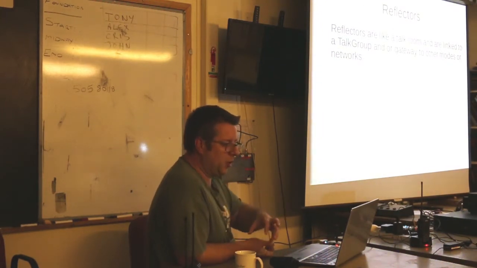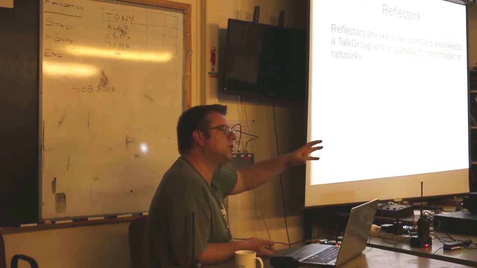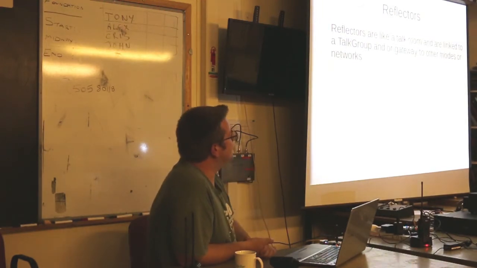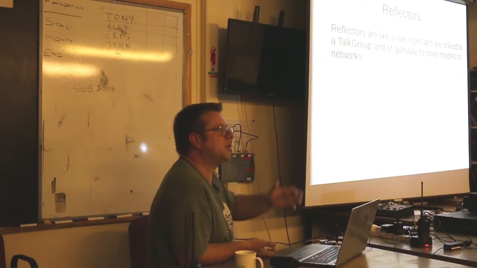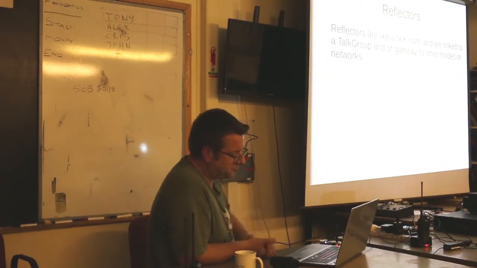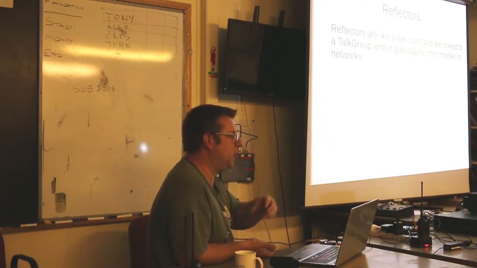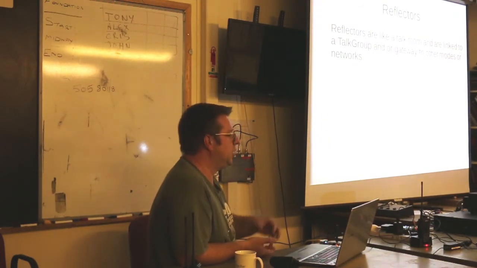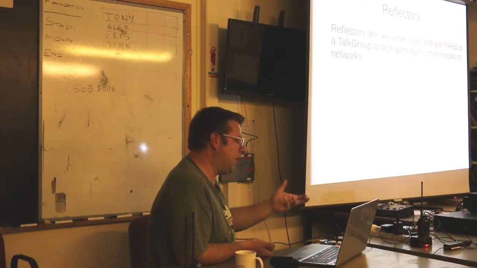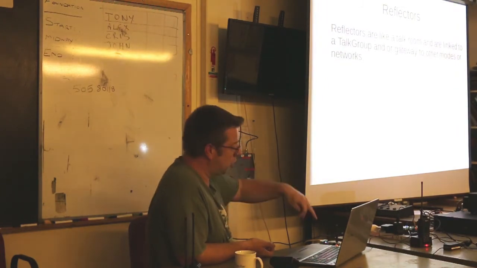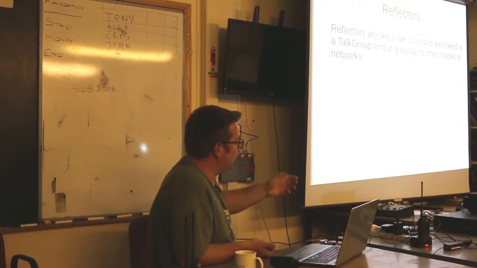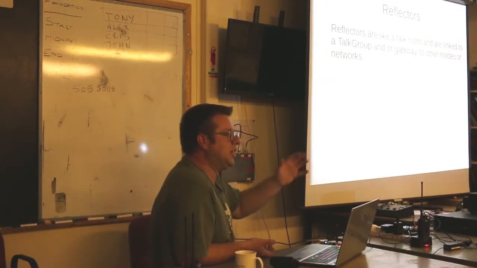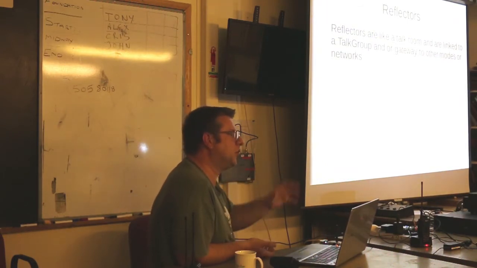On the DMR network, Brandmeister, you can get across to other networks, and you could even put on, say, an FM gateway. So if someone without a DMR radio wanted to get onto the DMR network, and they only had a simple FM radio, they could use a gateway. They could use FM, and then if we connected our repeater or hotspot, however we were accessing the network, to that same reflector number, we can then talk and go out on that system. You also get D-Star to DMR reflectors, so you can come across. There's XY, there's Fusion type things as well, and a few other things.